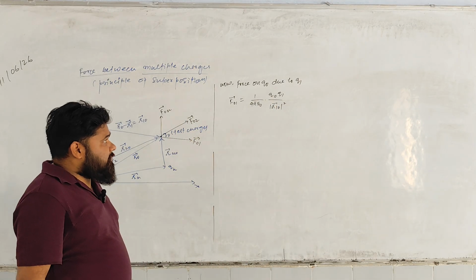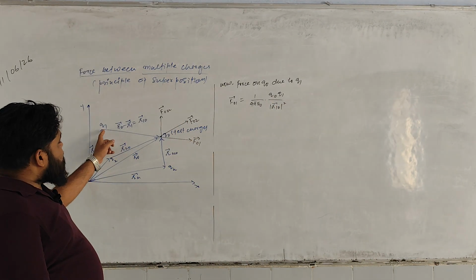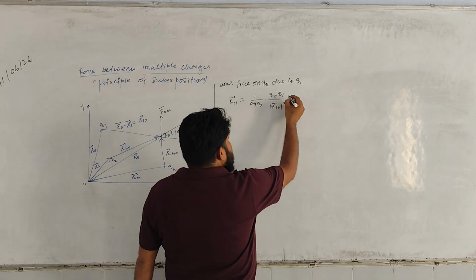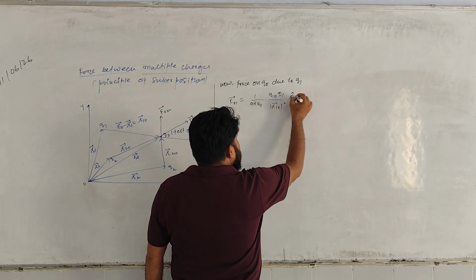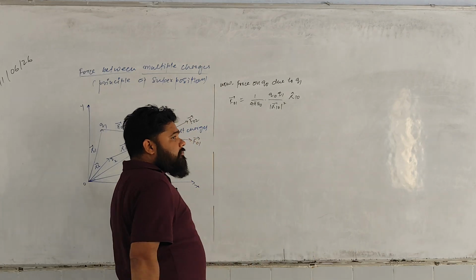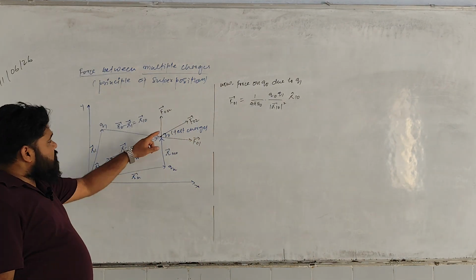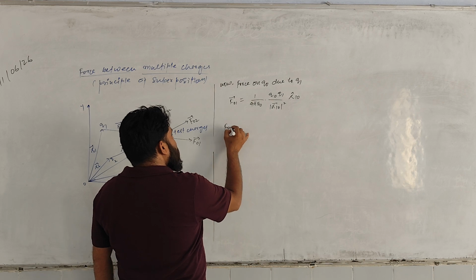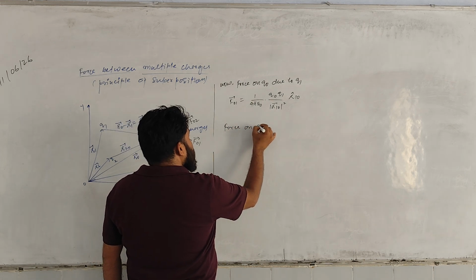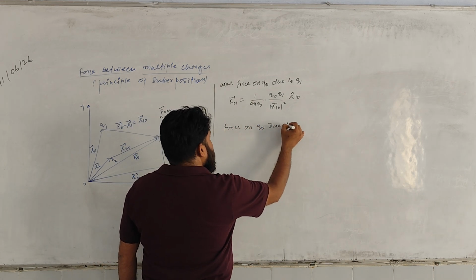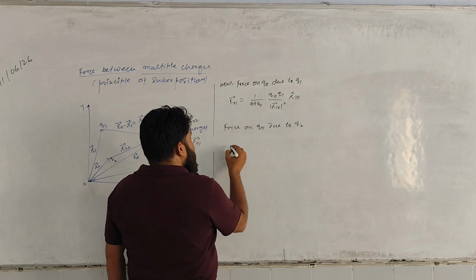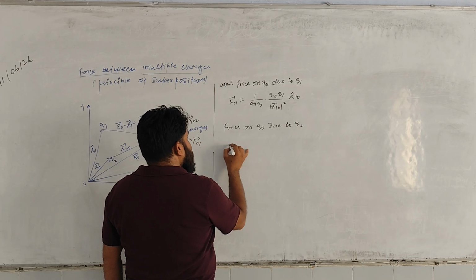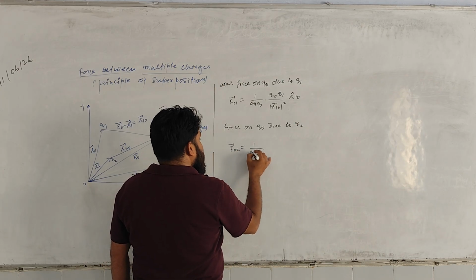And what will be the direction of the force? The force is leading from Q1 to Q naught, so that can be written as in the direction of unit vector R1 naught. Similarly, when we see the force on Q naught due to Q2, that becomes F naught 2 is equal to 1 over 4 pi epsilon naught Q naught Q2 upon